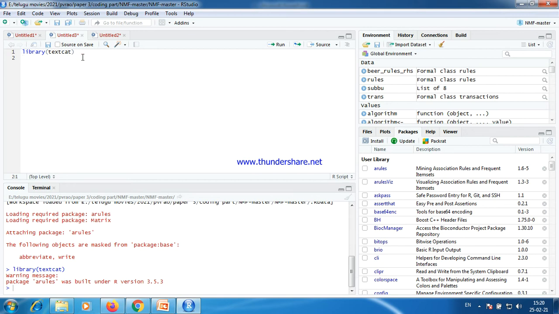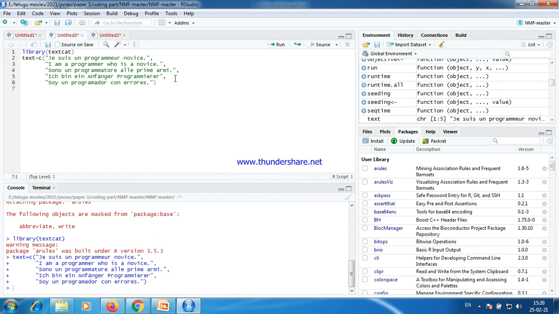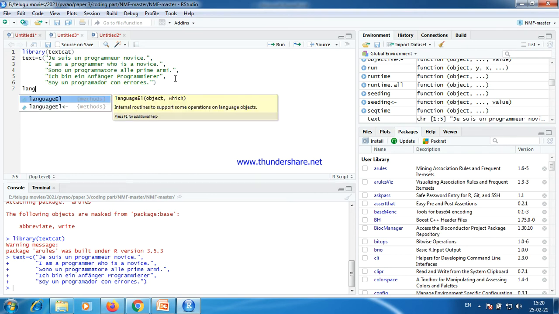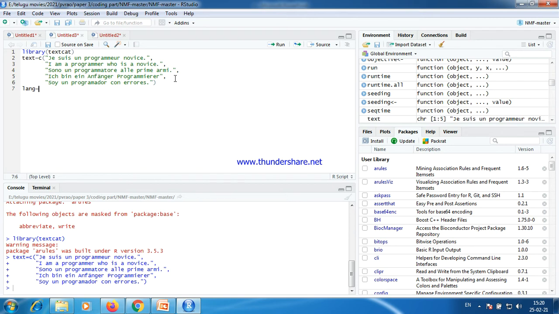Then add some data, from what is discussed in social media like Twitter and Facebook. So create an object. I'm taking text as an object, with some corpus data. Now I want to add some data corpus. Let's check whether it will display or not. Yes, it's working. Now I'm taking one more object, language equals to, where textcat is a predefined function for